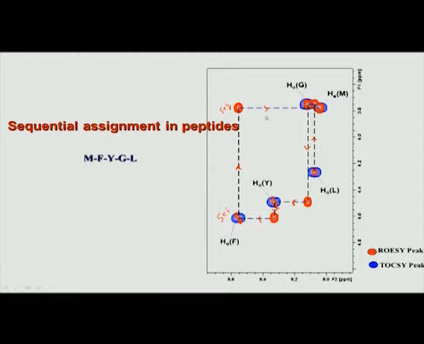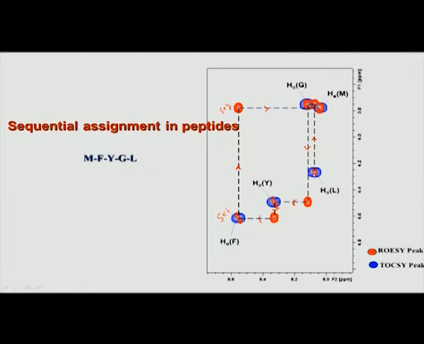So, basically what is the conclusion? We can say that if I go vertically along an amide, I find I minus 1. If I go horizontally along the ROESY, I get I plus 1. So, I minus 1, I plus 1. Therefore, I got an I plus 1, and if I go vertically now here, this is the leucine peak, because for leucine, glycine becomes I minus 1. Okay.